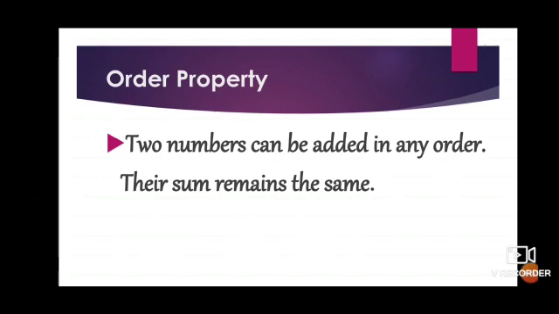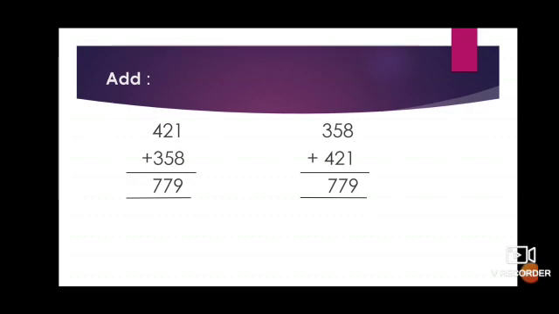Our first property is order property. What is order property? Two numbers can be added in any order. Their sum remains the same. So order property means if you are given two numbers, you can add in any order. Their answers remain the same. Let's see with the help of an example. Here we have 421 and 358. We are going to add these two numbers in different orders. First we will add